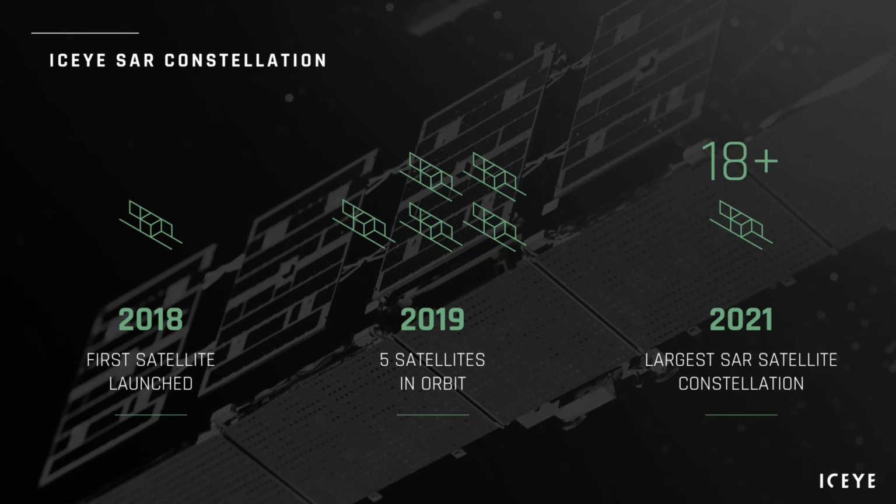So these launches are now starting to take place. We have a few more satellites to go this year, and then for 2021 we have 8 launches committed already, or say 8 satellites committed already. So the growth is very rapid. We are very much in a real operational phase, and the constellation is growing and the data is flowing. There's still a lot to do, but we have become a pretty serious player in this field over the